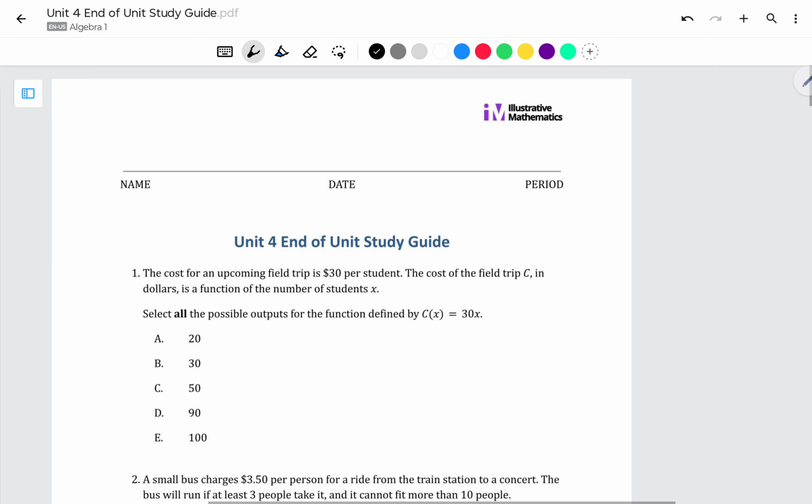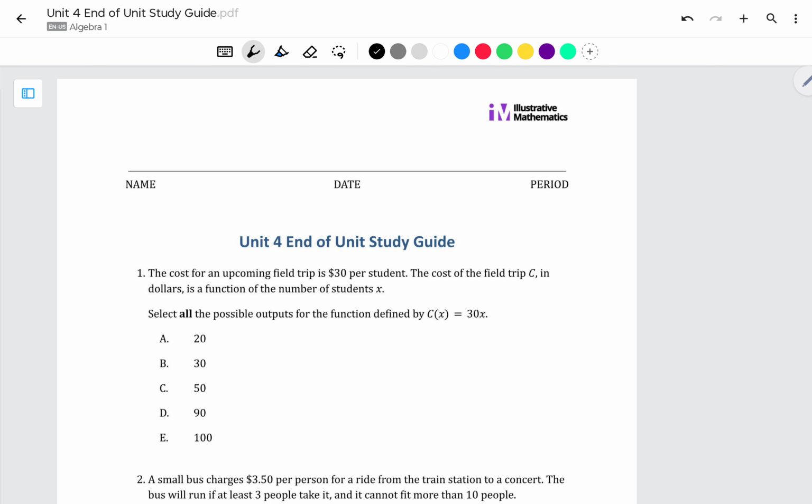It talks about functions. We started with, what does a function mean? What does it look like? What scenarios can we use functions in real life? What's an input? What's an output? What's an independent variable, dependent variable? And then it kind of jumped into